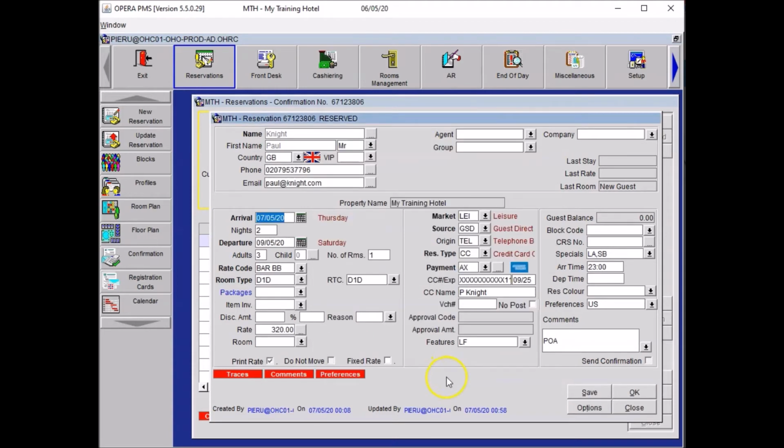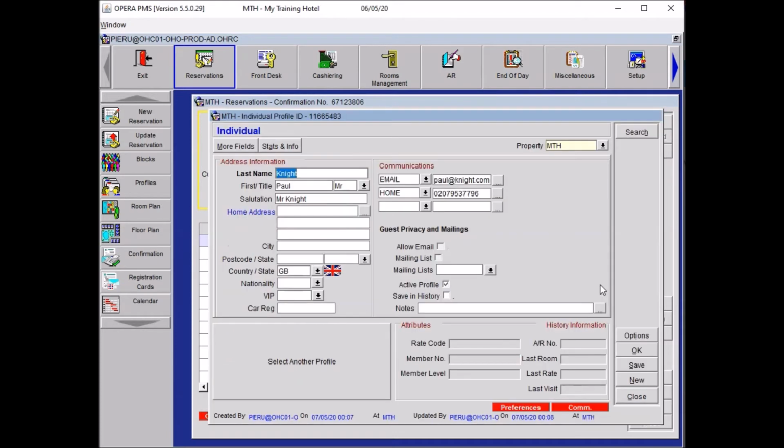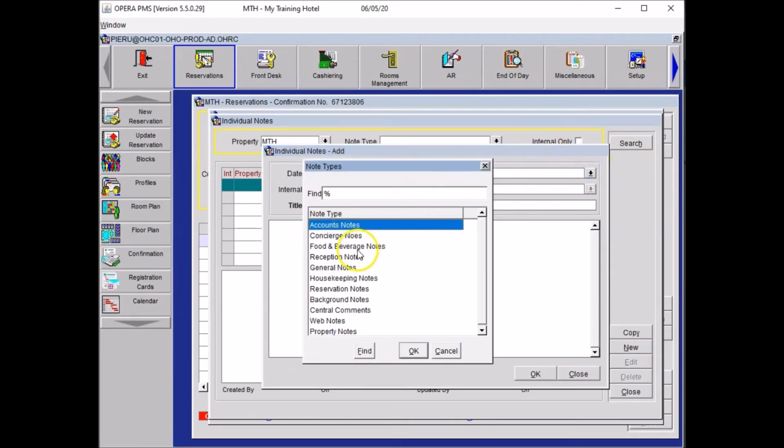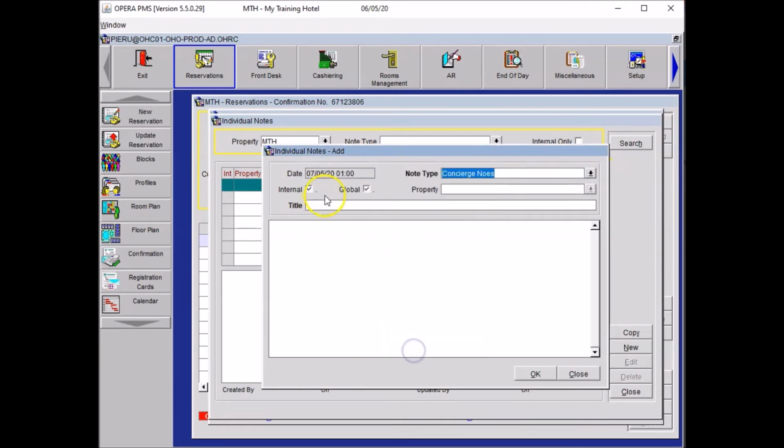And now we want to make the profile notes. To do so, you want to go to your profile ellipsis, just here. Go to the side, for it to pop up. Then we'll have to click on options, just here. And then we want to select notes. As soon as the panel pops up, here we are. And that's a concierge note. So we can click on the drop-down menu and press OK.